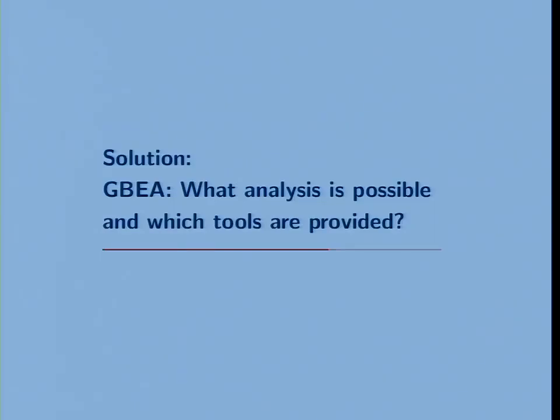If I have a PCG problem or like any other optimization problem, how can I use the tools that are provided within the GBA to analyze them and learn more about your problem, which might be generating Zelda levels or something. So